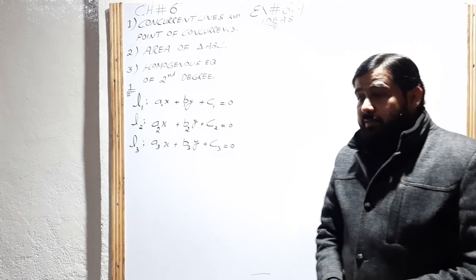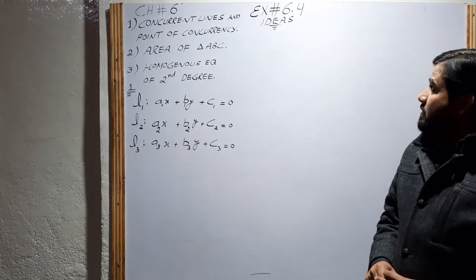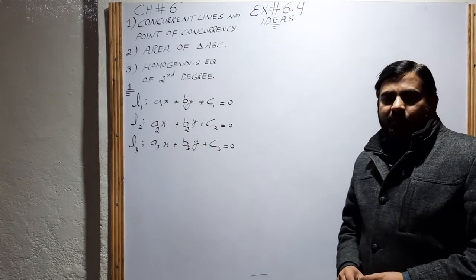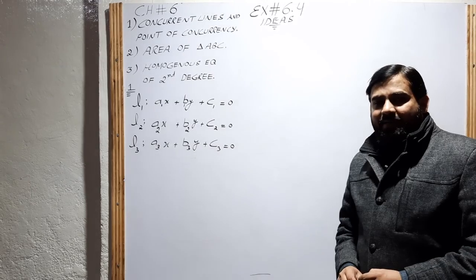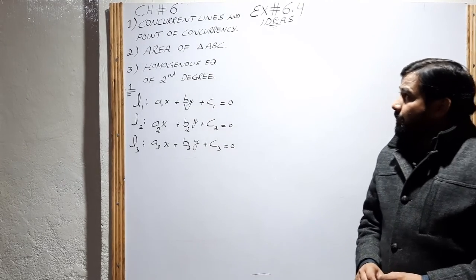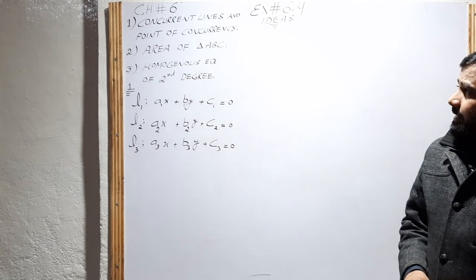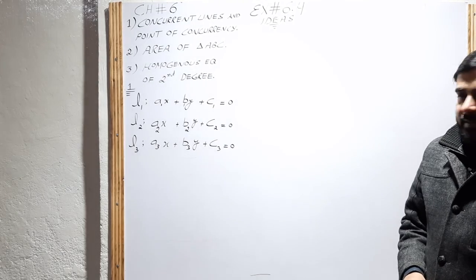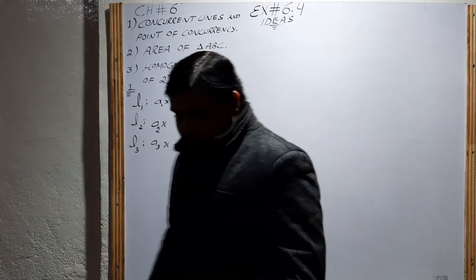Dear students, today we will discuss the ideas related to exercise 6.4. The chapter name is Plane Analytic Geometry. The first topic is concurrent lines and point of concurrency. So first of all, we will discuss